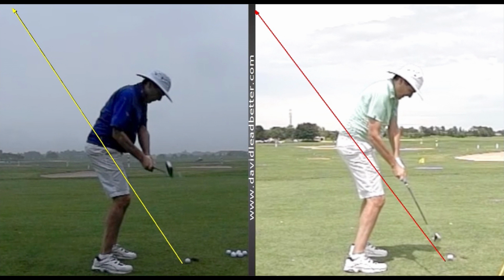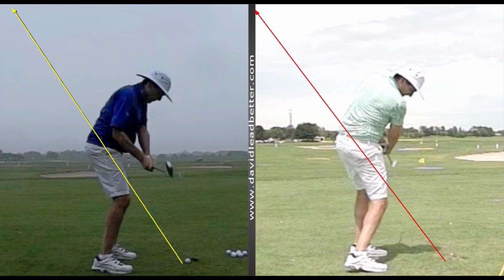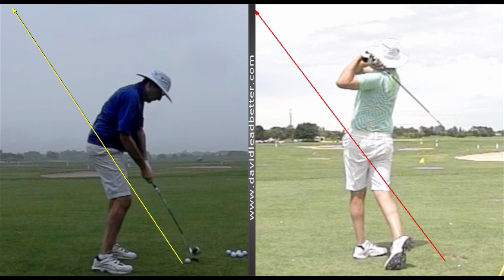And then we can see he's got all the room in the world now to not only swing more down the target line, we actually measured the swing on the right about 2-3 degrees to the right for a club path, whereas the one on the left was about 6 or 7 degrees to the left, and a good release and a full finish onto his left side. So quite the difference here with